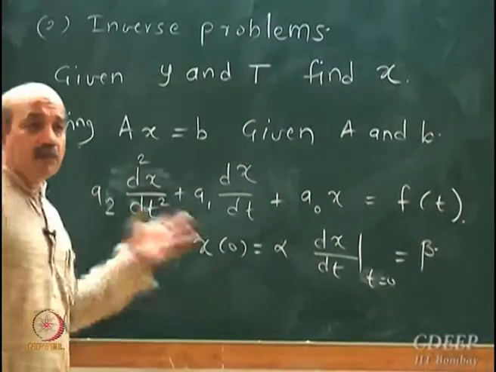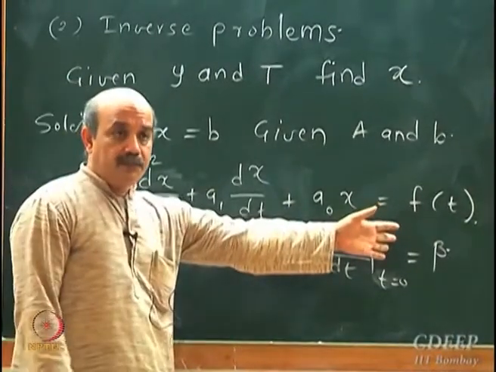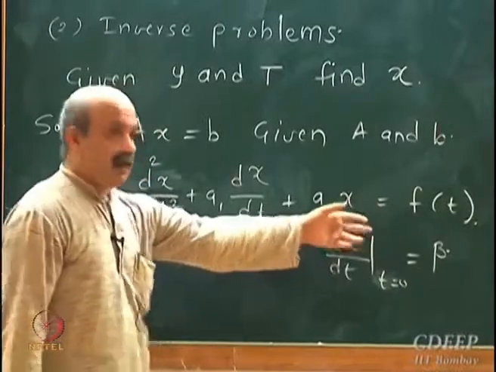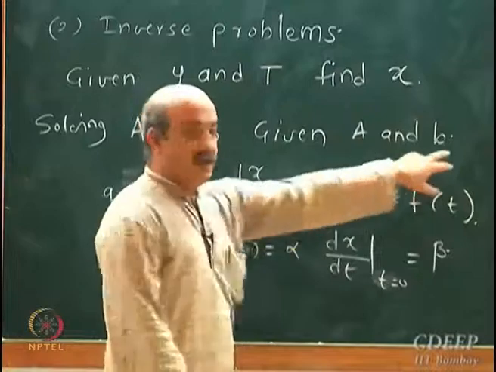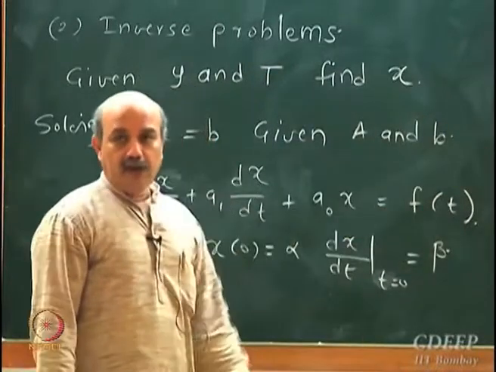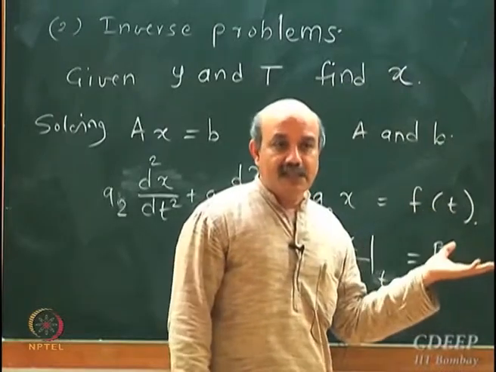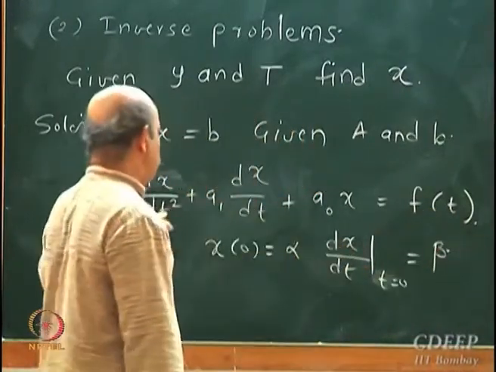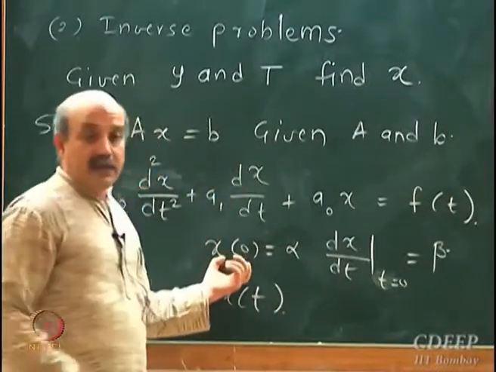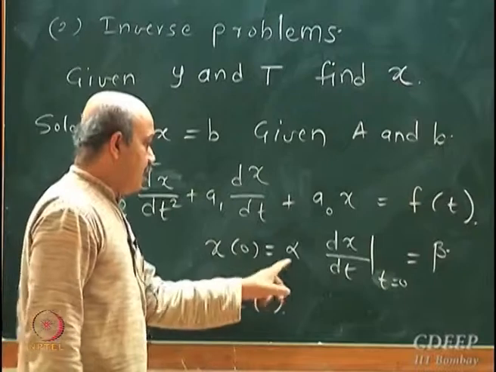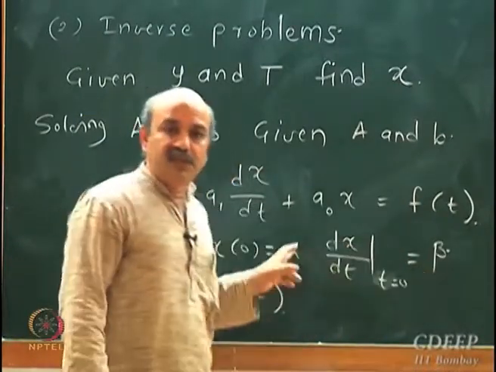So the other classical problem is the ODE initial value problem. We are given a differential equation. So this is the operator. Okay, we are given f(t). f(t) is equivalent to b, or f(t) is equivalent to the vector in the range space. Okay, I want to find out the solution x(t) which satisfies the condition that the initial value is equal to alpha and the initial rate is equal to beta. I am given two initial conditions.